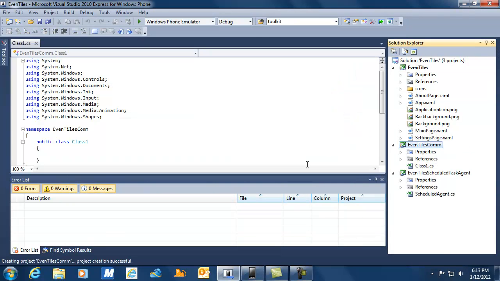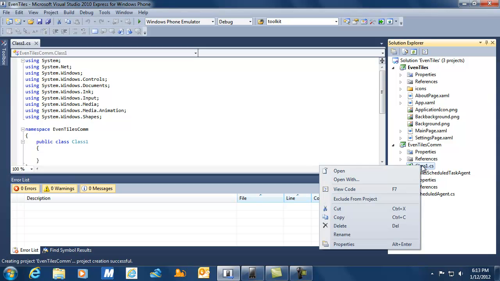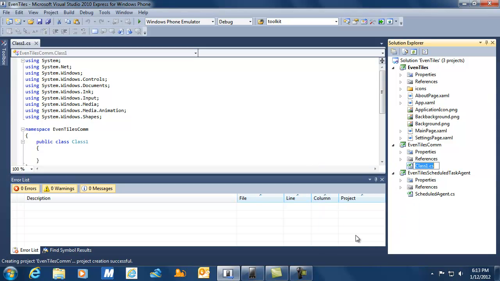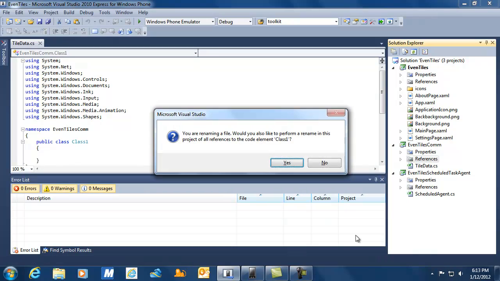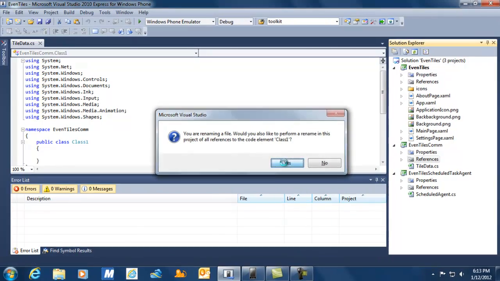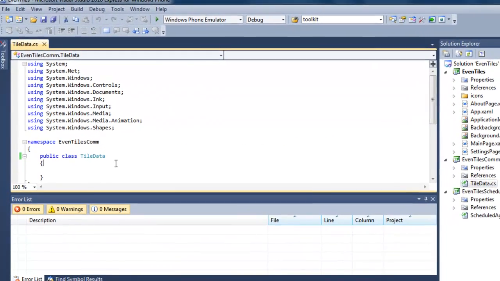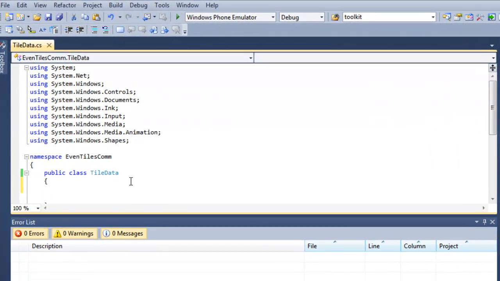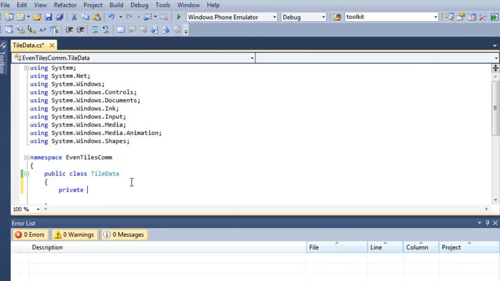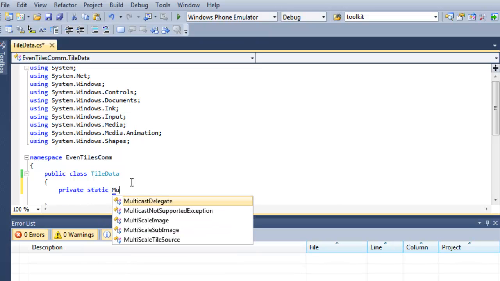Of course, we're going to target the Windows Phone 7.1 SDK. I'm going to rename Class1 and give it a more meaningful name, something like, for instance, TilesData. Now, there's quite some code that we're going to enter here, so I'm going to do that pretty fast, not showing you all the details, because it's going to be way more interesting to show you the application with this